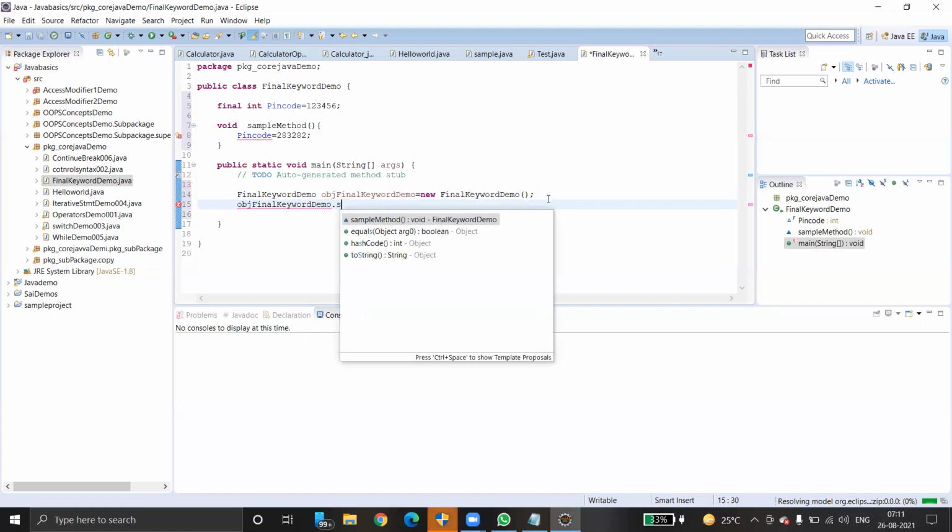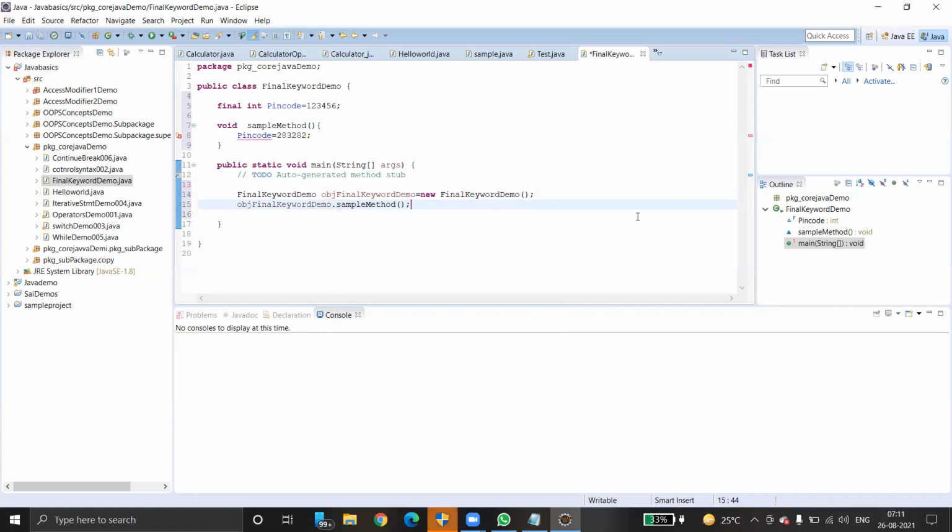So, one thing: final variables cannot change their values.